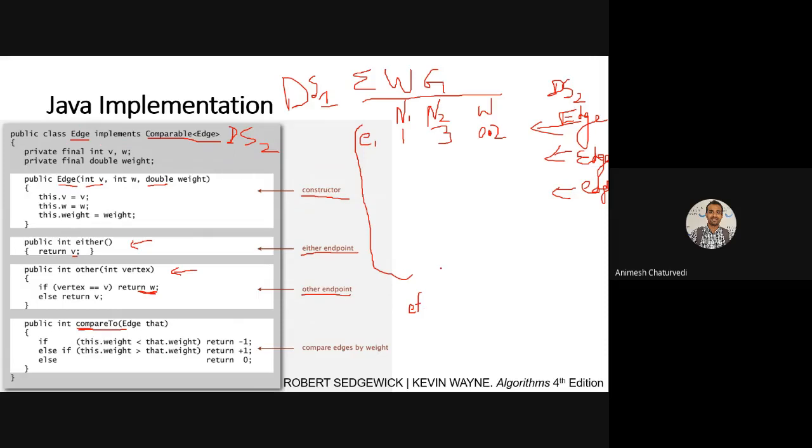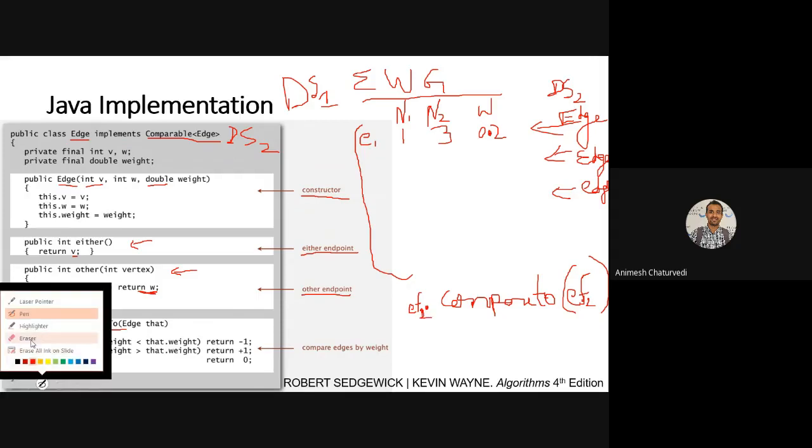You had created ef as an object, and you want to call this compareTo, and then you have ef, edge function, meaning the edge variable you had created, ef2. So EF1, or you can simply say directly E1 or E2.